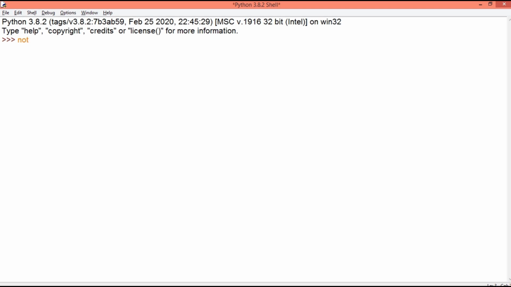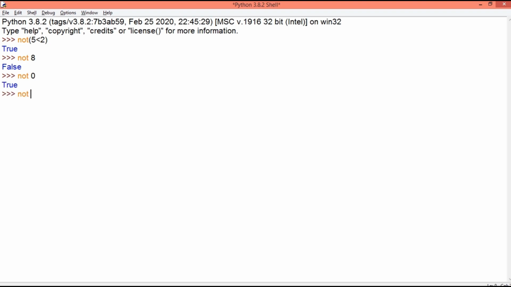First is an example where I am using a relational operation inside the bracket. So first, the relational expression 5 less than 2 is evaluated, which returns a false value, and NOT works on that false value, returning a true answer. NOT can also be applied on non-zero values. All the non-zero values will be treated as true. So when NOT works on them, it changes the value true to false. 0 is considered to be a false value. So when NOT is applied on it, it will make it true.